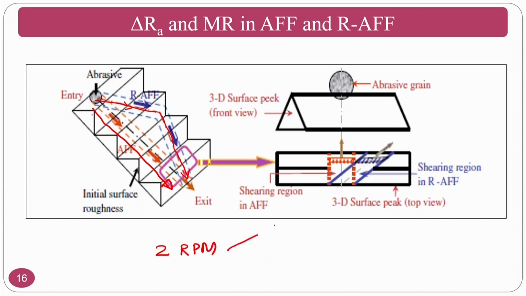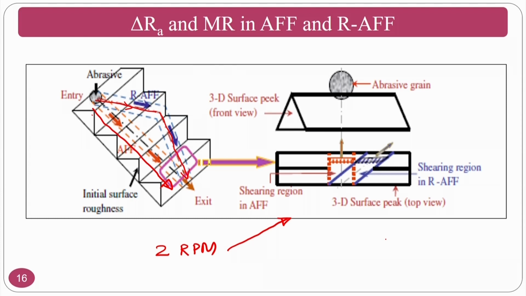okay, and if you see here, you are giving a rotational speed because of which the length of cutting will increase. Okay. That is why, if the forces and velocities are low and you have a cutting length that is very high, obviously your change in Ra will be reduced. That is the main reason why at 2 rpm the change in surface roughness is low. Okay. But if you go on increasing, obviously the shearing strength will increase because of the abundant amount of tangential force as well as tangential velocity.